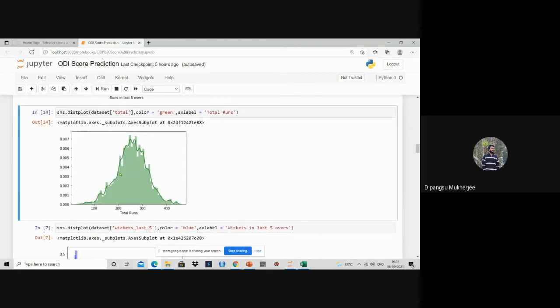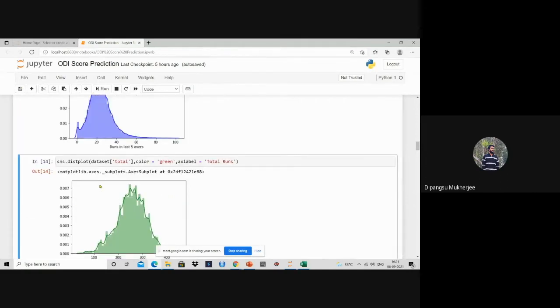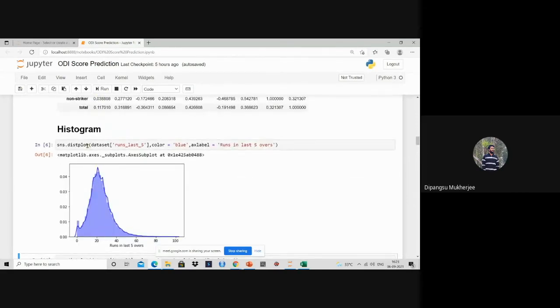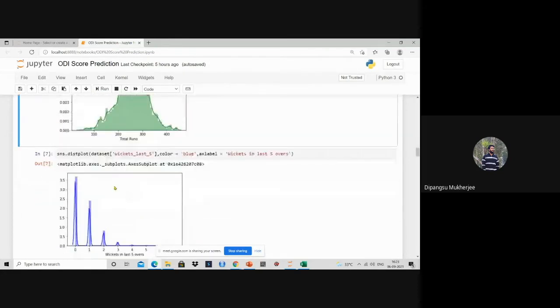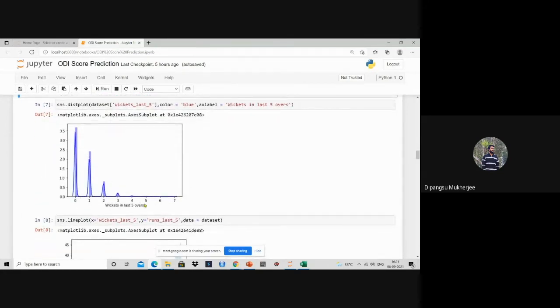So, you can see for this histogram we will use our function that is also the distplot, sns.distplot, and for this distplot, this is a non-normal curve. You can see from the diagram that the last wickets in the last 5 overs, most of the matches have zero, because for the zeroth value the peak is very high. So most of the matches, the value will be 0 wickets, some matches will be 1 wicket, some 2 wickets, and 7 wickets will be there, but that is very, very rare.